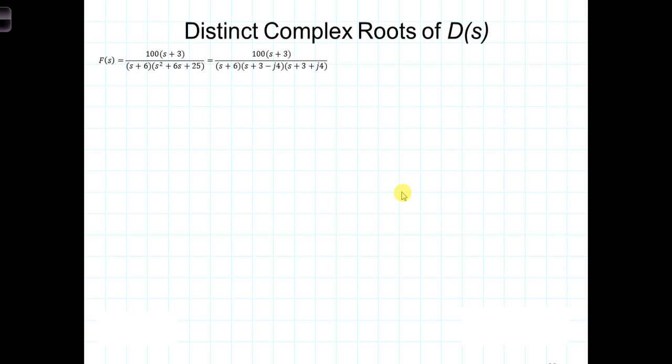Let's continue on with our discussion of partial fraction decomposition by looking at a situation where F(s) has an irreducible quadratic term in the denominator. So this is a term that cannot factor, or will factor only with complex numbers. To determine what the factors are, let's just look at the quadratic formula where we have the values of s